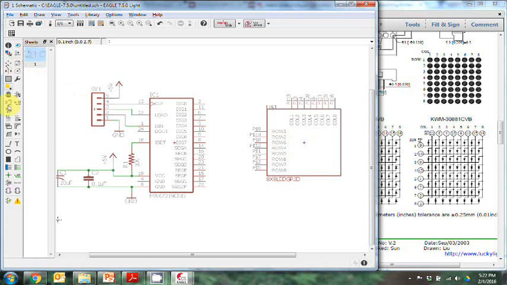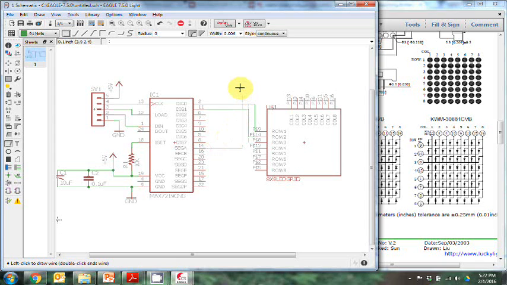So what we can do now is start hooking things up, and I've got about 16 wires to make. Now this is going to get really messy. You can kind of see here in a hurry. If I go 1 to 1 for all the rows here, I'm going to have a lot of wires on the diagram, and when I start to connect the columns, things are going to get out of control. I'm going to have a lot of wires crossing, or I'm going to have to go way around the other side of the diagram. Now, to make this easy,